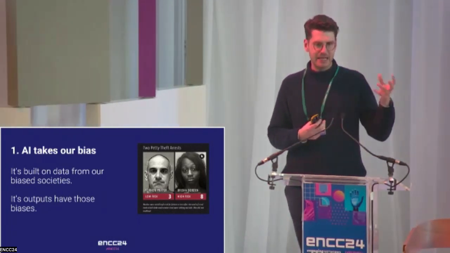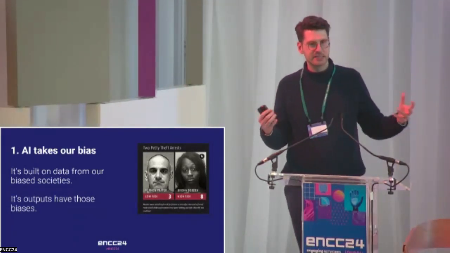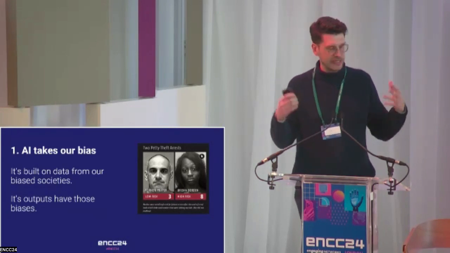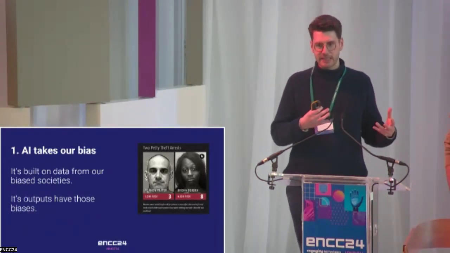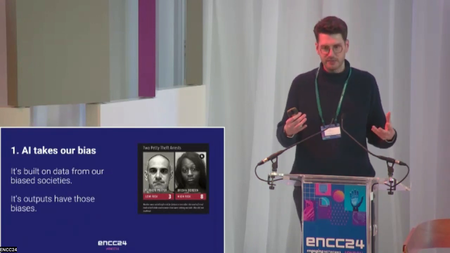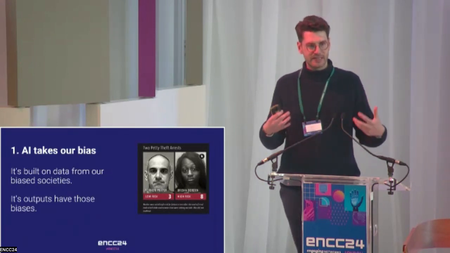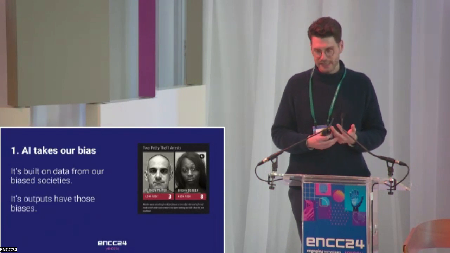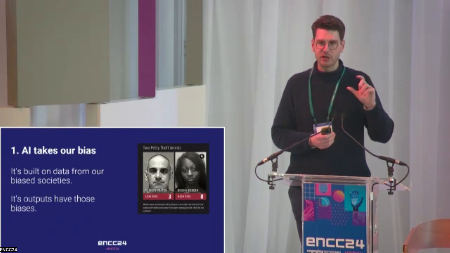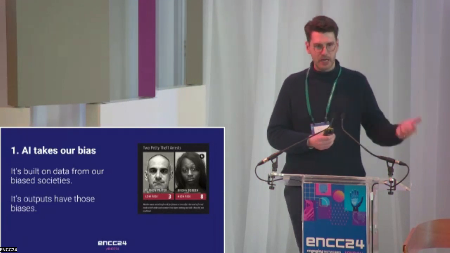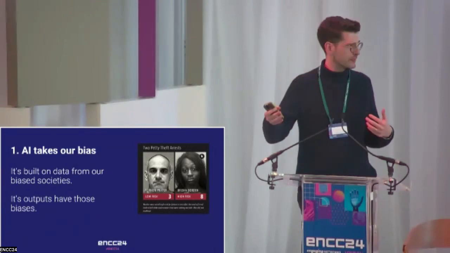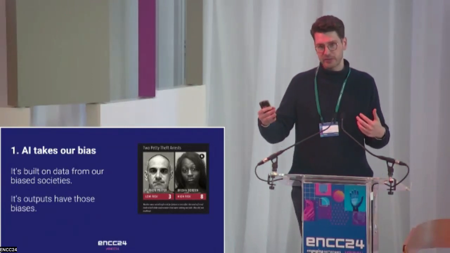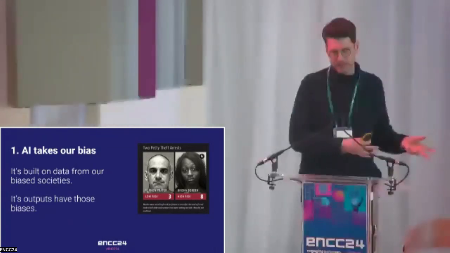So fundamentally, AI is trained on massive data sets of language, essentially. So billions and billions of pieces of text, writing of all different kinds. And within that writing, and images and everything else that AI models are trained on, is our pre-existing cultural and social biases. And the AI has no way of telling what is bias and what is real. And so it essentially absorbs all of that bias and then will reproduce it in its outputs to us, even if we're not looking for a biased response.